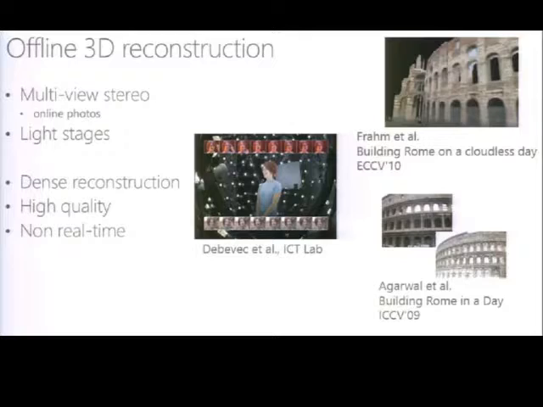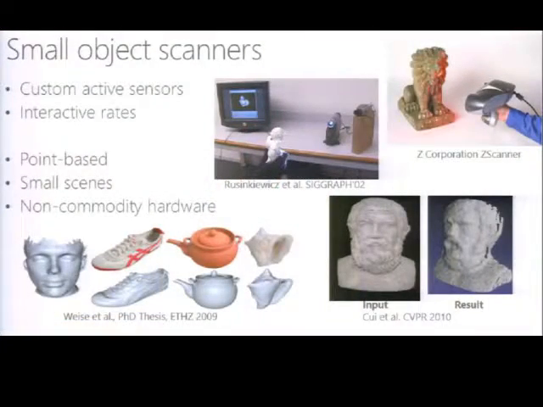Other systems that do 3D reconstruction offline, here are three more, one from Noah and Rick, indeed, and collaborators at the bottom right there. And you can get, again, dense reconstruction, very high quality, but not real time necessarily. Some people have tried to build compact object scanners, somewhat portable, for example, from the Z-scanner system at the top right there, which uses markers on the object to help capture the camera position, because of course that is part of the job. If you're going to use a roving camera,